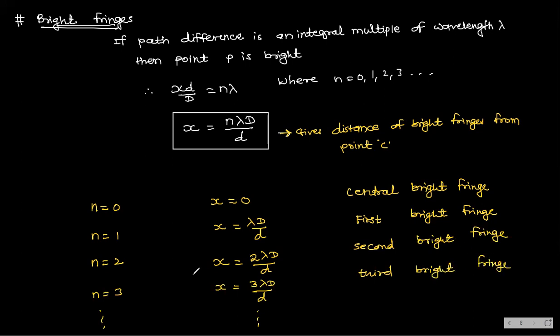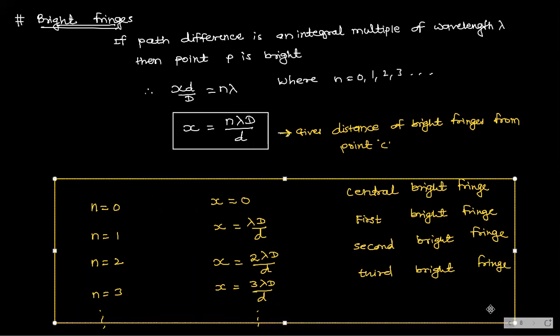Okay, so did you understand the condition? This also okay. Clear hai? Clear? And this is also so on. And if we want nth, nth means what? You will get n lambda D by d. xn is equal to n lambda D by d, and you can do it yourself, right? Yes, no? Clear hai? Understanding?